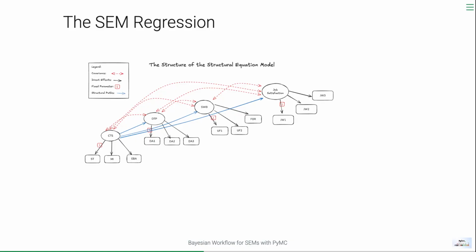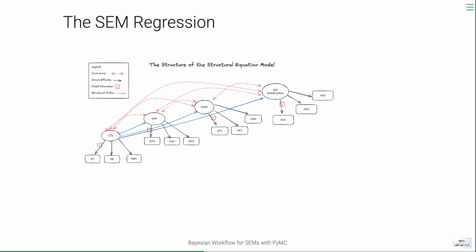So a structural equation model is built on top of the CFA model you saw before, but now we add arrows. Those are the blue arrows here. And the arrows are regression relationships between the latent factors. So we want to add a predictive dimension. We want to say that the measure of constructive thought processes that any individual has is somewhat predictive of their dysfunctional one. So ideally, if you're high on constructive thought processes, you're low on the dysfunctional thought process. But it's also a predictor to some degree of well-being and ultimately job satisfaction.